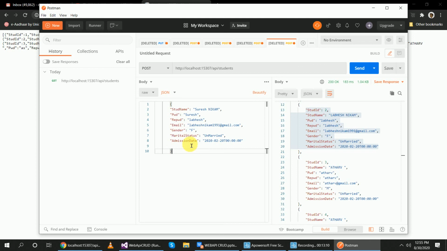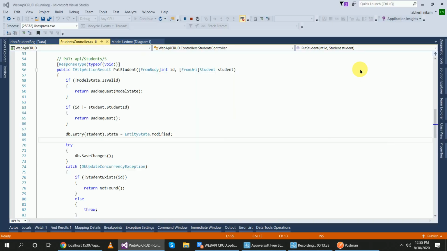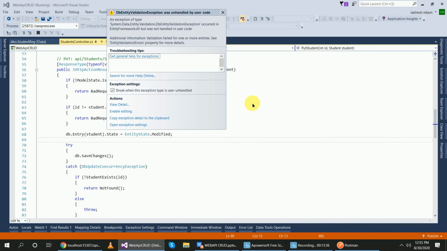If you write a record in JSON, then select JSON. If you want to write in XML, then you will select XML like that. Okay. Now send the request to the server by clicking on the send button. It will give you a response as one row affected, and you will check it in your project.